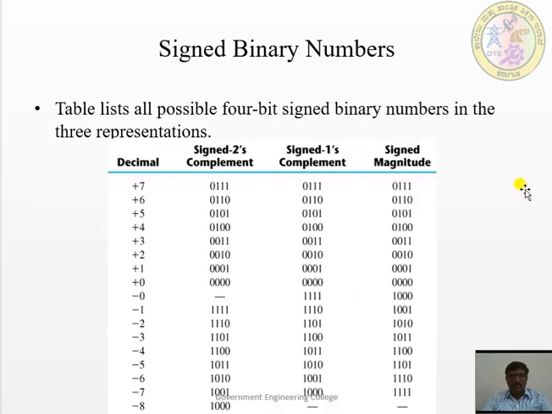See here, this one is directly the signed number. How will it be represented? You should know that for any number you are given, whether it is a positive or a negative number, if you want to convert it, you should go for the 2's complement number. If you are given a negative number, that is minus 7, what will its value be? Actually, 7 is 0111, so the value will be 1001, like that.